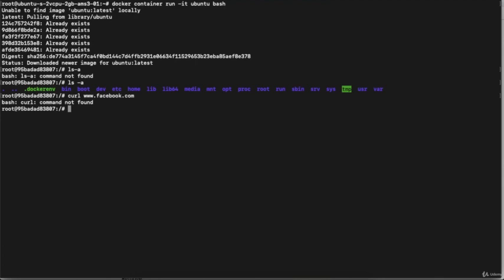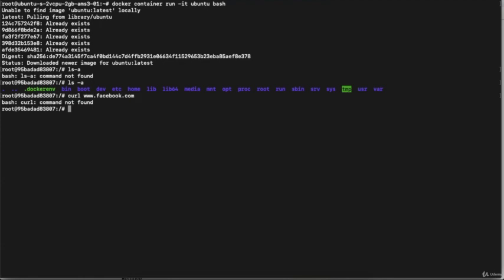We are getting this error because the Ubuntu image which is available on the Docker central repository is smaller than the ISO image of Linux or Ubuntu. The ISO image of Linux and Ubuntu has a lot of packages and a lot of functionality built in, right? But the image available on the Docker central repository is a very basic image. So first I need to install everything I want to use.